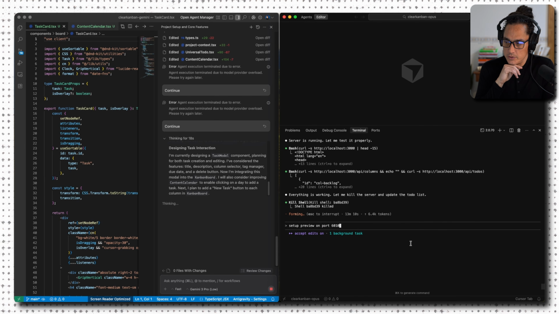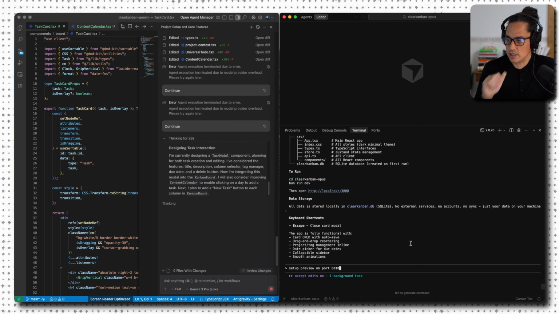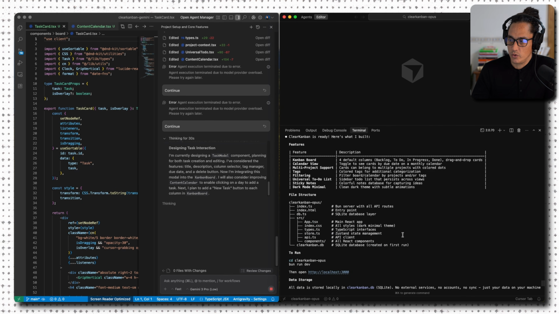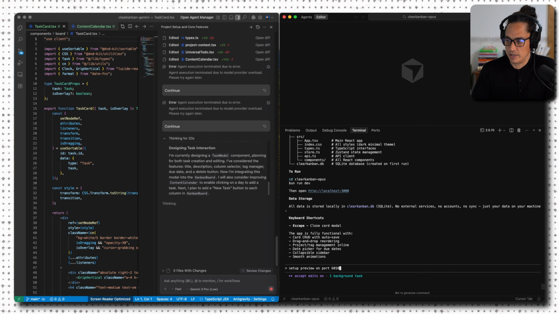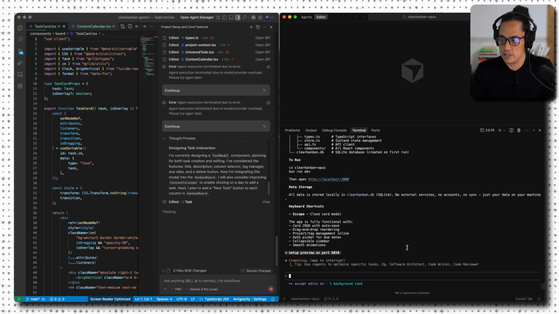Claude has been running for about 13 minutes. Or let me rephrase that, we have been running for about 13 minutes here, and it looks like Claude won the speed. So I'm going to tell it to set a preview rather than doing this manually. Just give me a preview on port